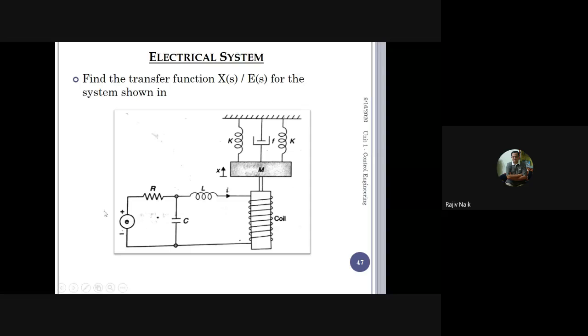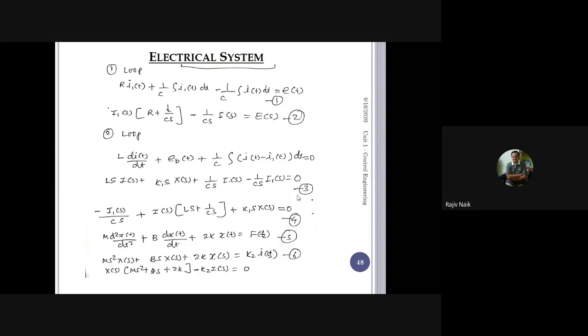Similarly, this electrical energy is getting converted into magnetic energy. So the relationship between electrical energy and magnetic energy we want, and similarly how this magnetic energy is generating the force on this mass, that also we want. So here you can see that